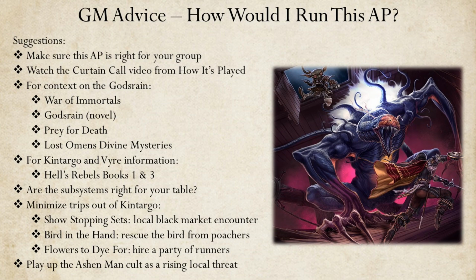Maybe some stagehands have a friend who disappeared, with only ashy footprints in their apartment as a clue. Maybe the PCs pass a crime scene on their way to the theater one day, one where an Ashen Man cultist was found dead. Maybe the sponsors of the opera feel the need to send security forces to the theater, or information to the PCs about cultist activity. Maybe one of the prominent artists from the art show in Book 1 is kidnapped, or even murdered by Ashen Man cultists. All of these events could contribute to a growing understanding that the cult is a danger to the city. That way, when the cult is revealed to be a red herring in the main plot, the PCs will still have a sense of accomplishment for having saved Kintargo from a serious threat.